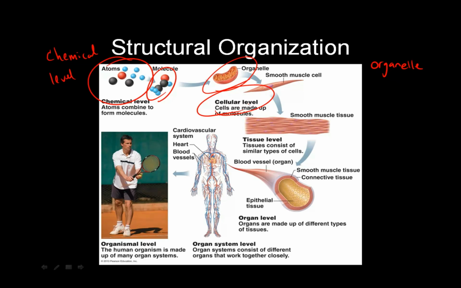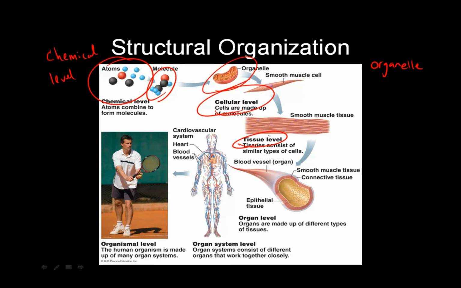So cells, this is the very first level of organization where we say, hey, this cell is actually alive. They are the smallest living units of an organism. Okay, if we're talking about multicellular organisms, they are the smallest living unit in an organism. And for many organisms, that's as far as we go. We don't go any higher than that in our organization level. The cellular level is it. If you're a unicellular organism like a bacterium, that's as far as you go. But if you're multicellular, like many plants and many animals, then you go to the next level, which is the